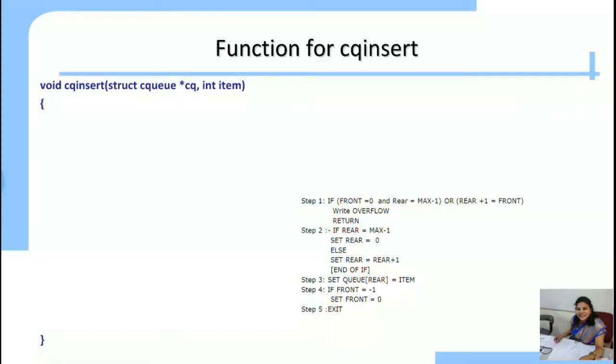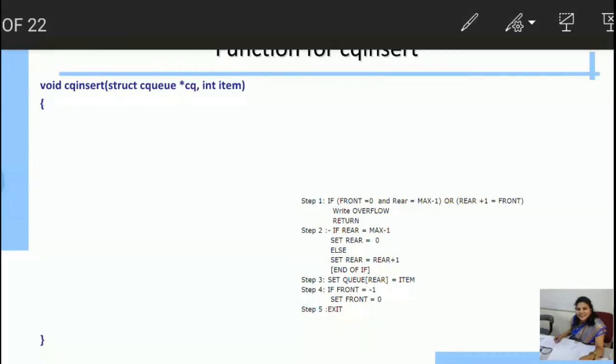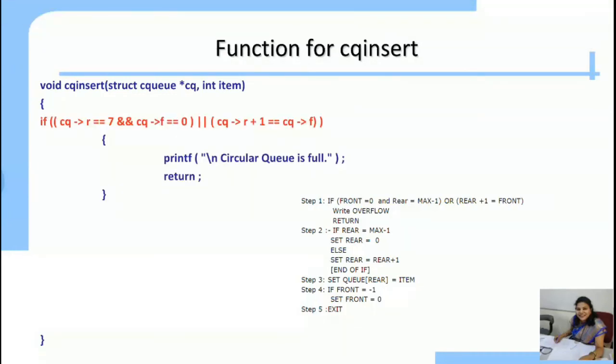Now see the algorithm step 1. Step 1 is what? Checking the overflow by entering these two conditions. So in the function, next we are writing that condition only. If front is equal to 0 and rear is equal to max minus 1. See, if rear is equal to 7. Why 7? Because our queue size is 8. So 8 minus 1, max minus 1 is 7.